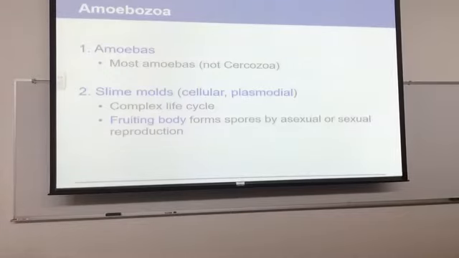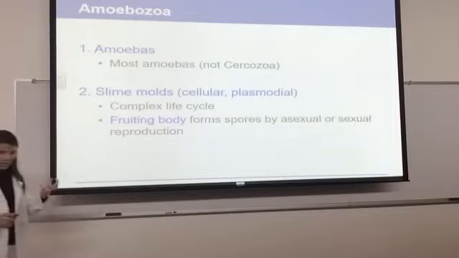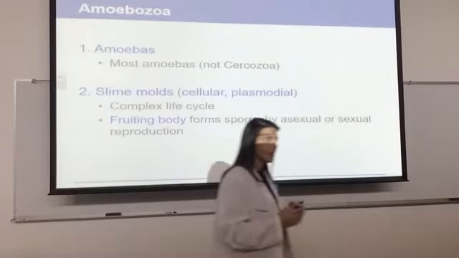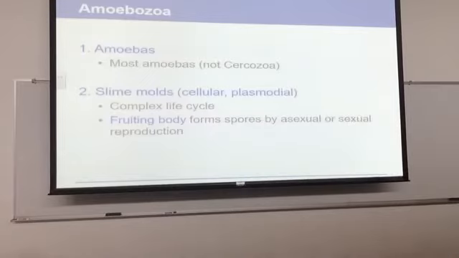Amoebozoa, different than Cercozoa. Cercozoa has the amoeboid nastiness with that hard shell or test. The amoebas don't have that hard shell or test. The amoebozoa include the amoebas as well as slime molds. Earlier we talked about water molds, which are different than a slime mold. So you can't just put all molds together. I'm pointing that out because if you re-listen to this or if you're studying and you see mold, I don't want you to put all molds together. So we'll talk about each.